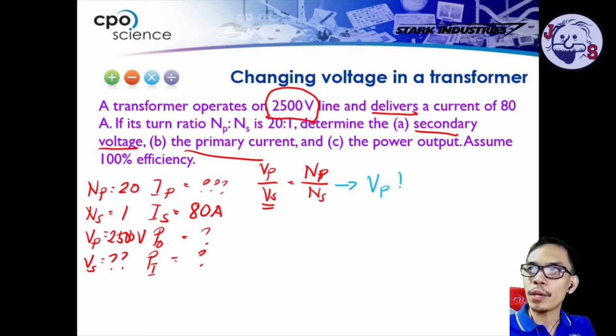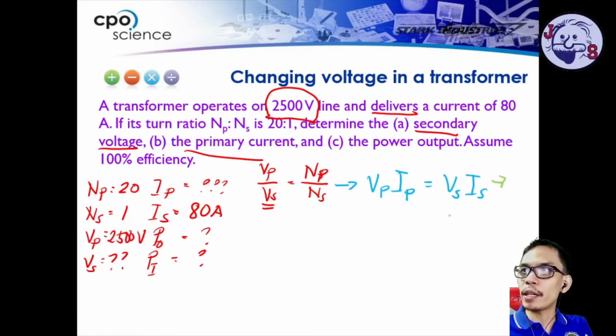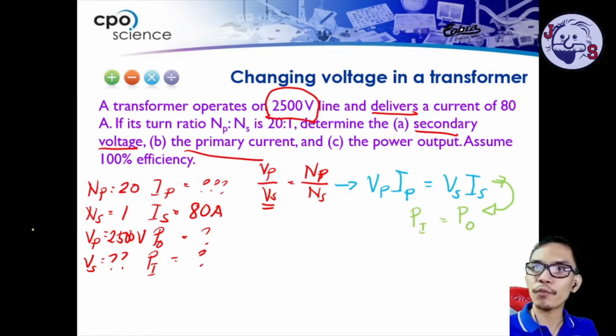So we have primary current, secondary voltage times secondary current. After this one, you are now ready to find the power input, which is equal to power output. Alright, so let's start first with